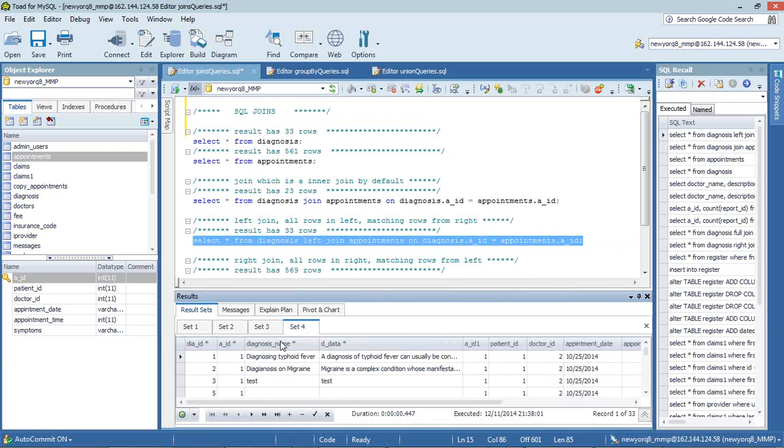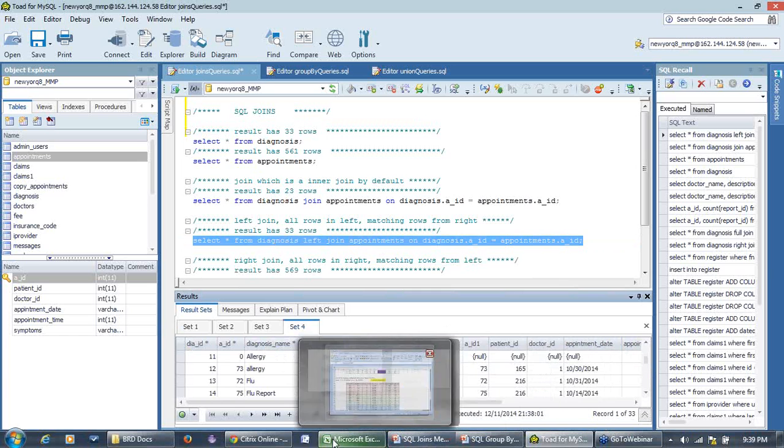I think it's set for here. So the diagnosis columns are mentioned first, and then the appointment columns, and only the matching ones are picked. The rest are going to be, see, anything, we remember from the Excel sheet,